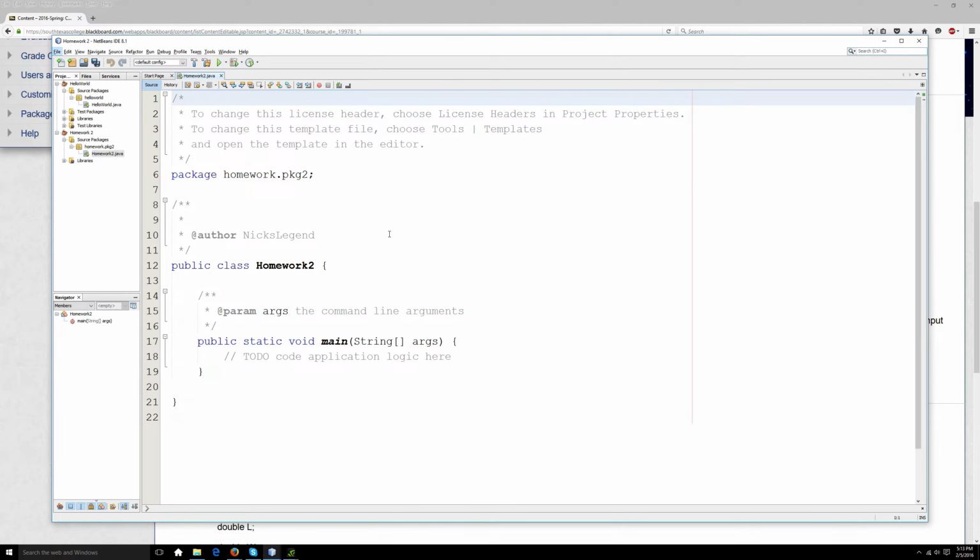That should be large enough for you to see. I created a homework 2 and it's still blank. I haven't done anything on there. First off, I'm going to teach you a little bit of the basics in case you haven't taken C++ in a while. So in C++, we were able to create variables